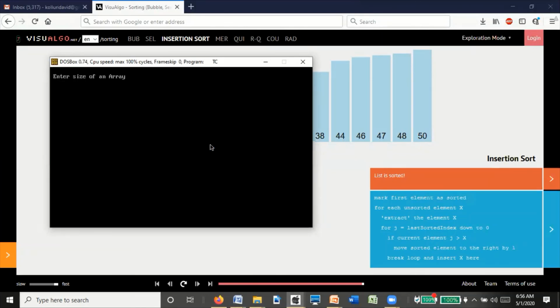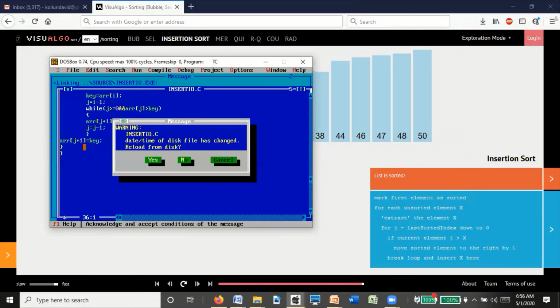Enter array size 7, then the elements 5, 1, 4, 9, 3, 6. One more element, some 10, or you give 8. So 1, 3, 4, 5, 6, 8, 9. This is about the output of